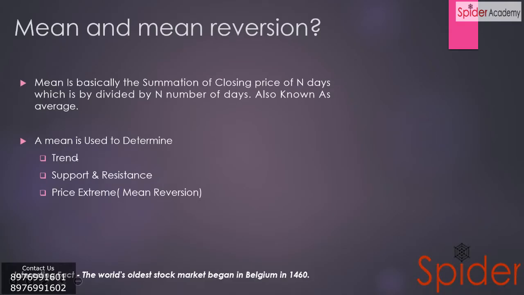So coming to the trend, if you want to find out the trend using the moving average, for example there are a few well known moving averages like the 50 days moving average, 100 and 200 days moving average. So the context is really very important. Suppose the prices are trading above 50, 100 or 200, simply we will be looking for the buying opportunity or selling opportunity. This is the basic concept if you are using it for trend purposes.